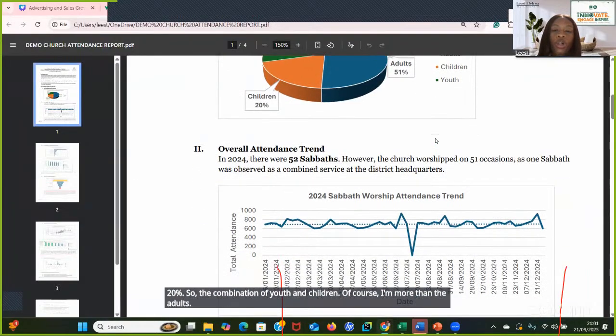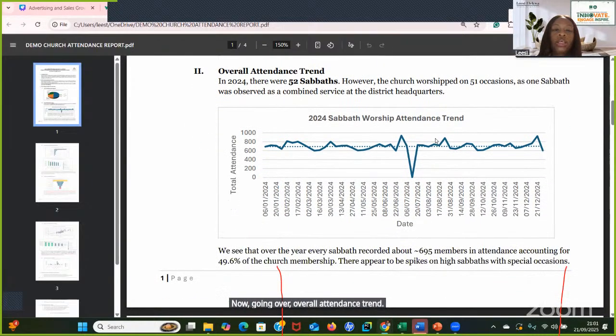Now, going over overall attendance trend. In 2024, there were 52 Sabbaths. Of course, 52 Sabbaths in a year. However, the church worshipped on 51 occasions, because if we go to our data,